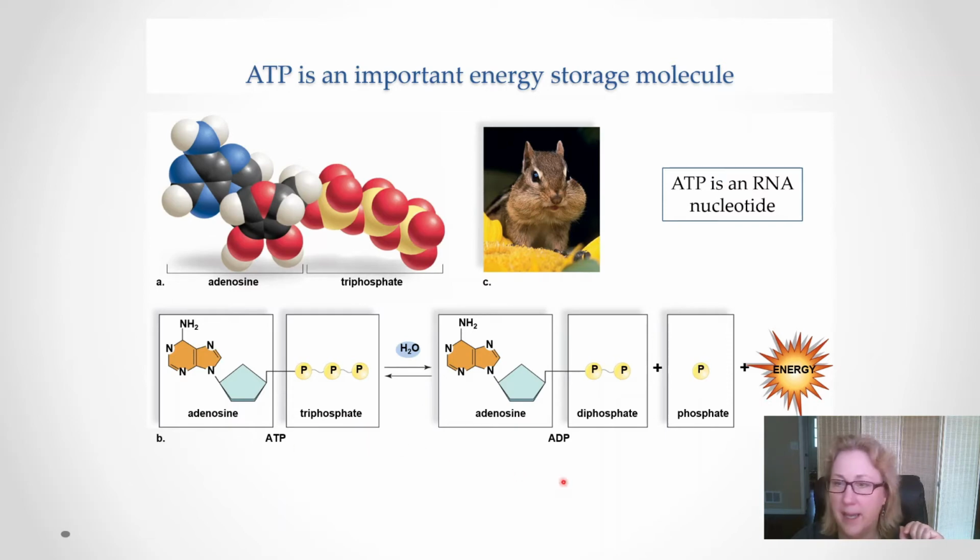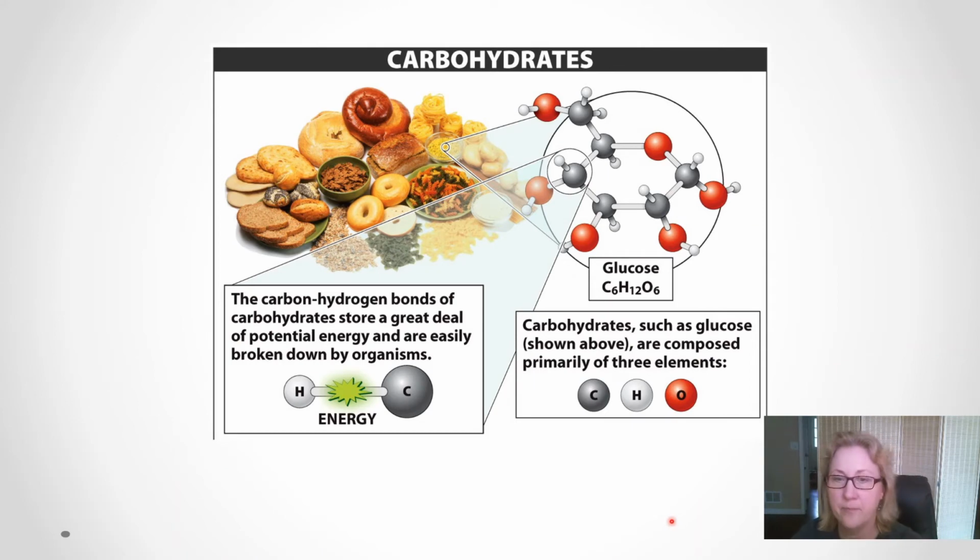And when that little packet of energy is removed, it's actually the breaking of a bond of one of those phosphates. So that little packet of energy can be removed and used for muscle contraction or cell movement or synthesis, and then it can be restored. The mitochondria in your cells can take ADP and add a phosphate back onto it using the energy from the food you eat and create ATP again. But it is an RNA nucleotide. Okay, so